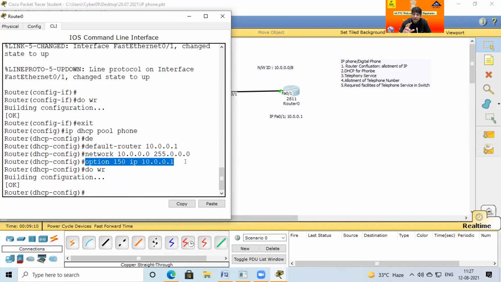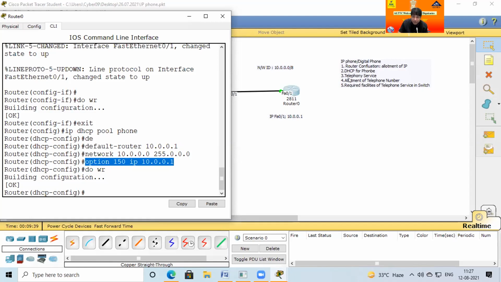But the problem is that if a lot of telephone systems are connected in the network, all IPs are by default allotted to all telephony systems. This is dangerous. So to avoid such a situation, I reserve a number of IPs. So you can say only 150 telephones maximum you can add in this network. Okay. So now the second option is over.